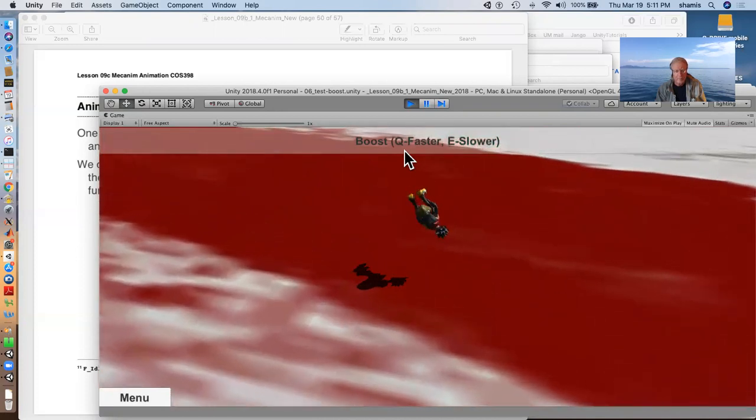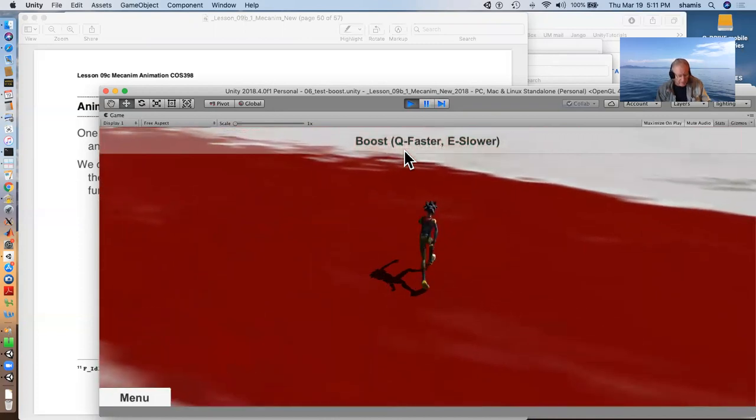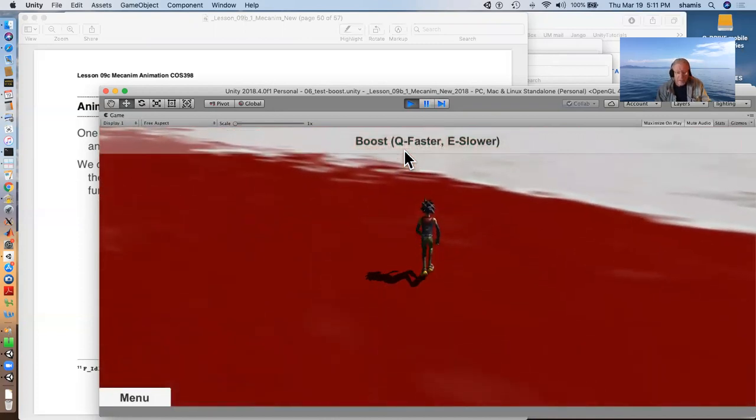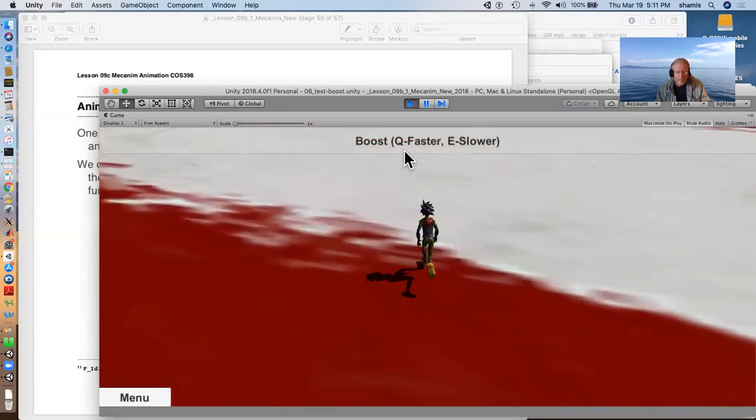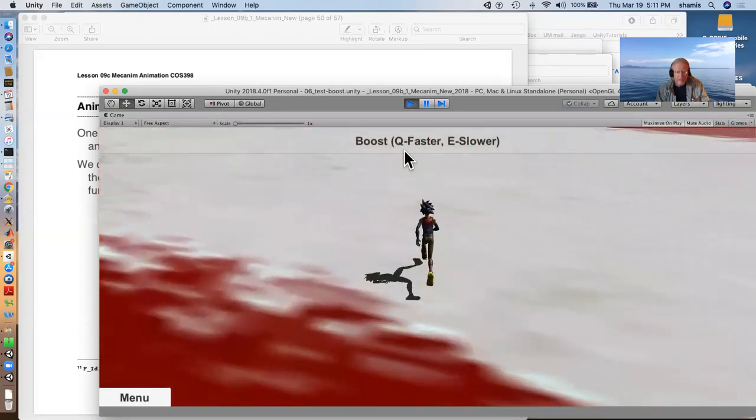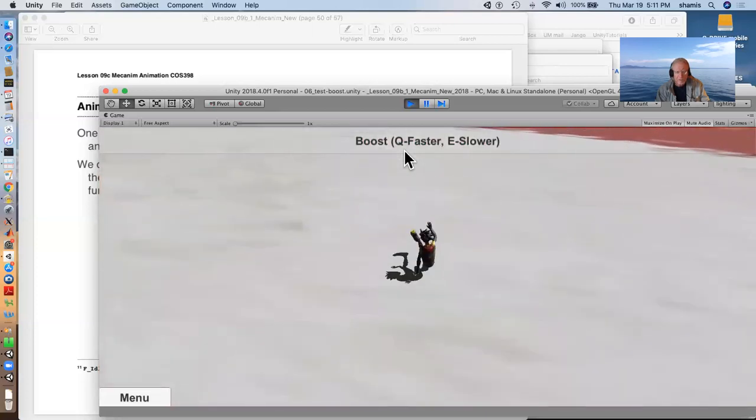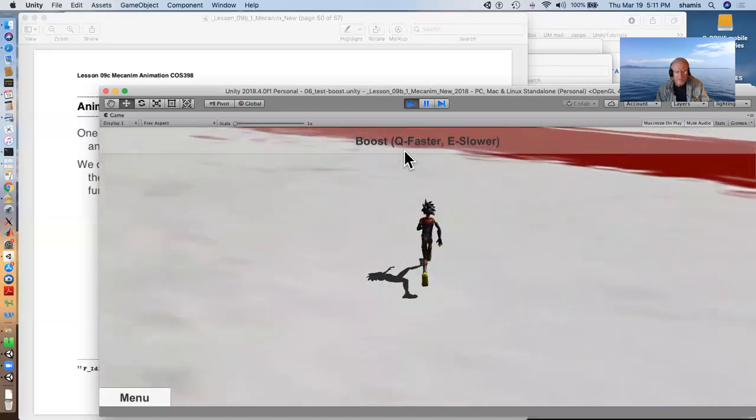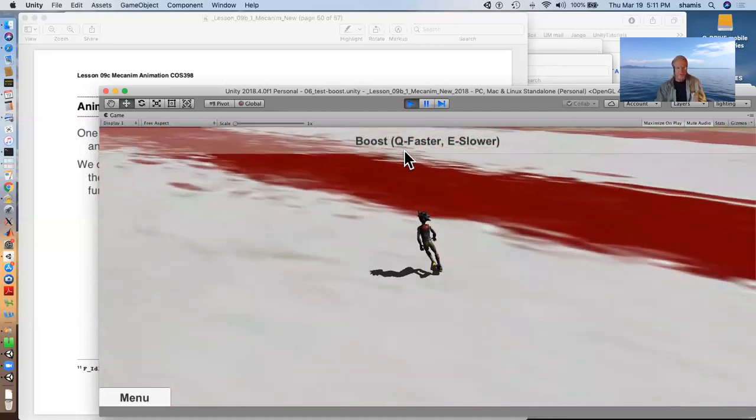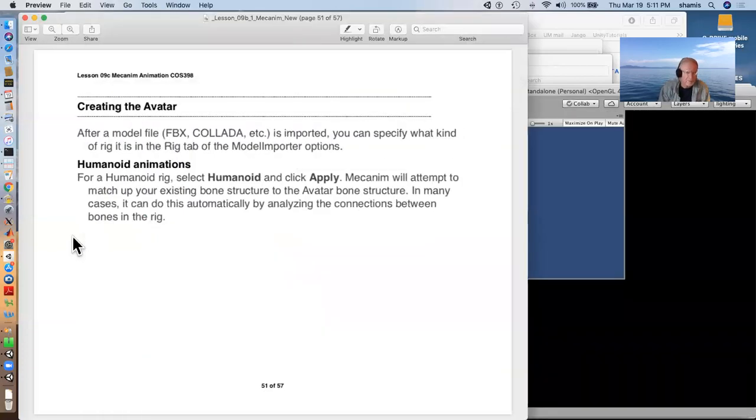Here's my jump, run in slow motion. Here's my slide in slow motion, and fiddling to get the steps to work right. So that's our run through with the